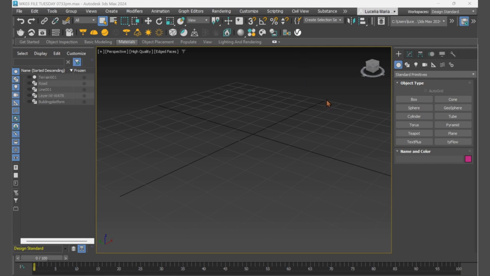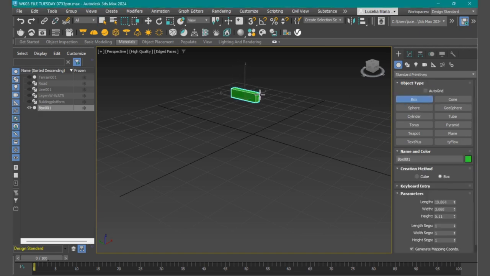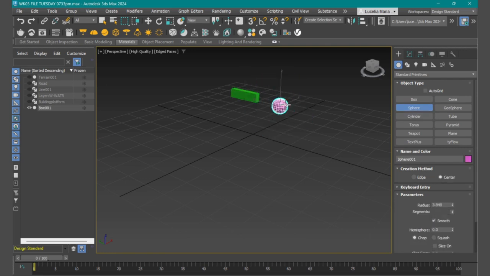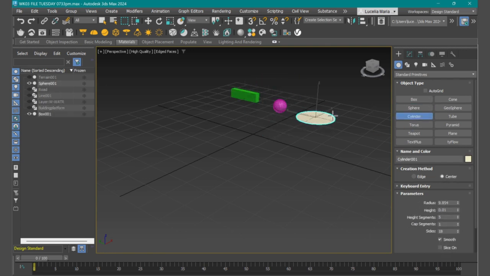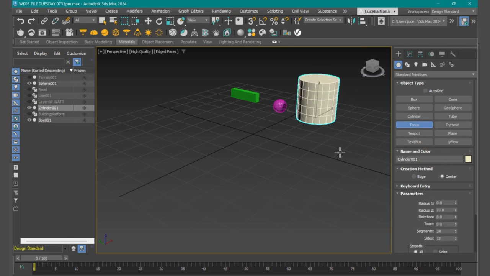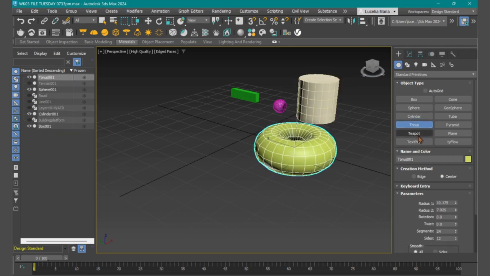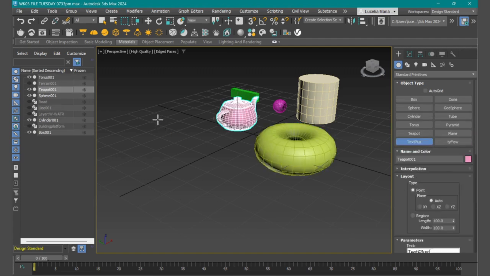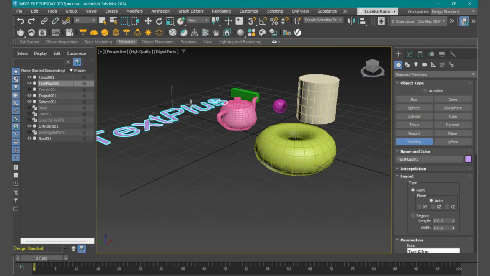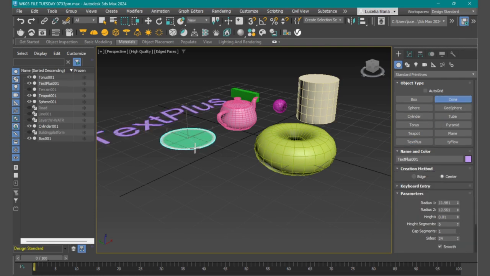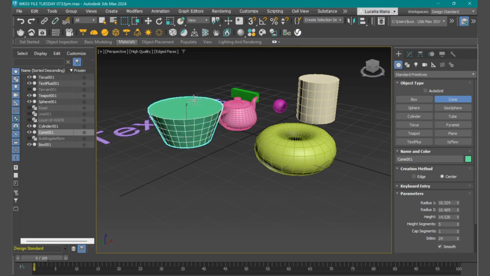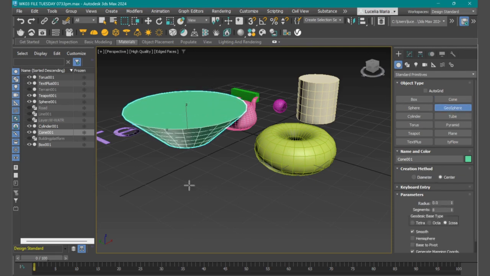We have been playing with the standard primitives for shapes. There we have the box, the sphere, the cylinder, the torus, the teapot, the text plus if you want to add text on your drawings, the cone, the geosphere, the tube, the pyramid, the plane,